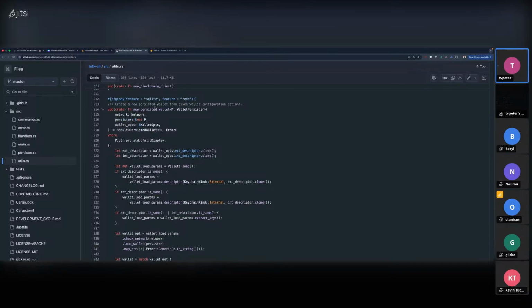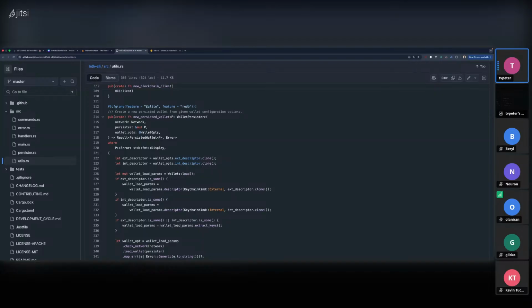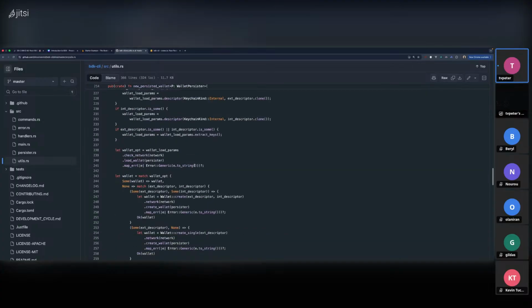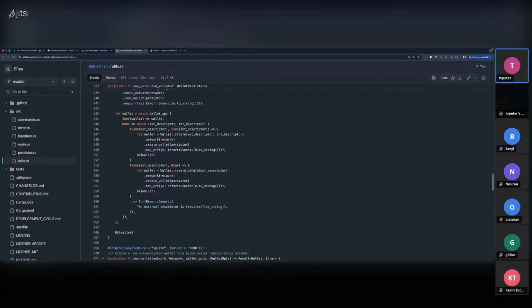So there are two database options. We have the SQLite database and the ArrayDB database, which is like a key-value store database type. So this is how that database is created and saved into memory, right? So you can check this code base and say, okay, this is what is happening. This is how I can create a wallet. This is how I can pass the descriptor to the wallet function and it is able to create. So assuming that I pass it a single key, this is how it's going to handle the single key creation logic